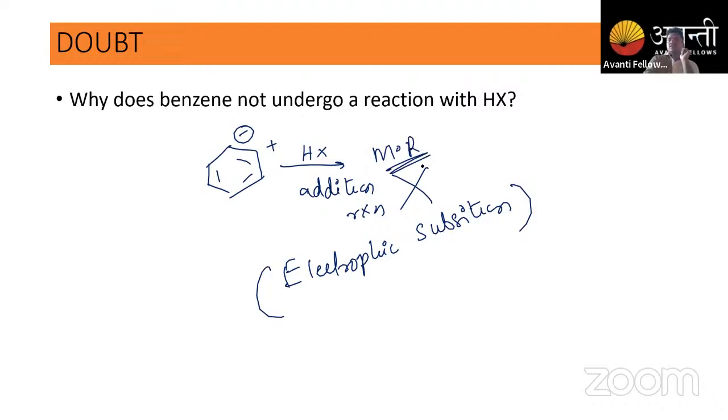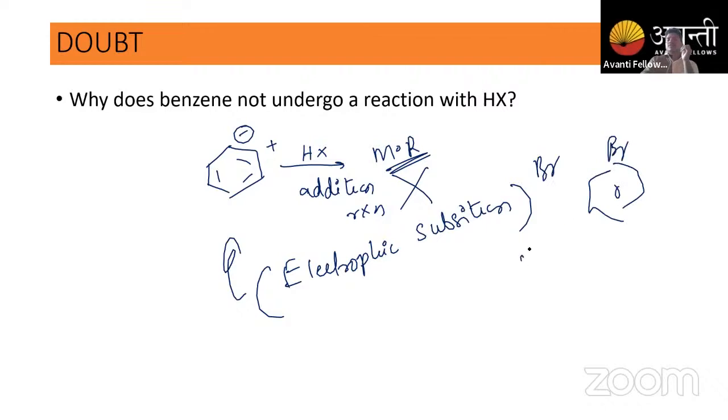I hope you guys understand the difference. Why does benzene not go with HX? Because it will not undergo addition reaction, because there is no formation of carbocation inside of the benzene. But electrophilic substitution can take place, that is, if you are taking Br, then you are going to get